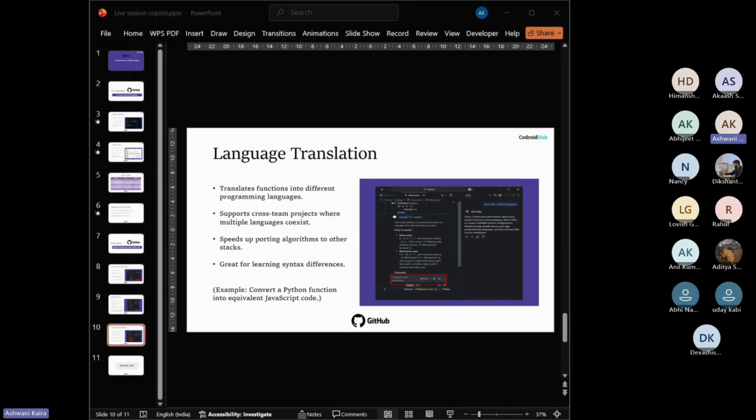So today we saw how GitHub Copilot helps us not just write code faster, but also understand, translate, and test smarter. In short, it predicts your next lines, explains legacy code clearly, translates across languages, and generates tests to speed up QA. With Copilot, it's like pair programming with an AI mentor. So that was all for today. If you have any questions,